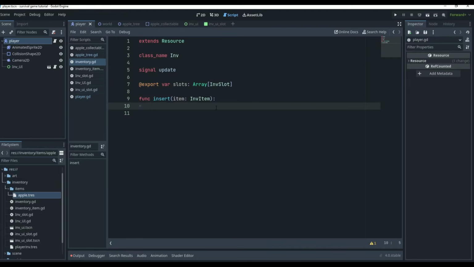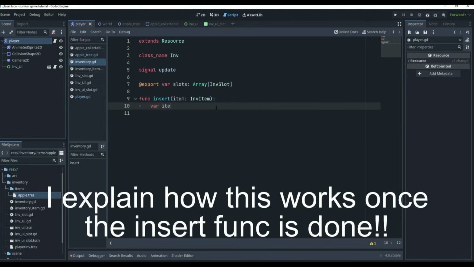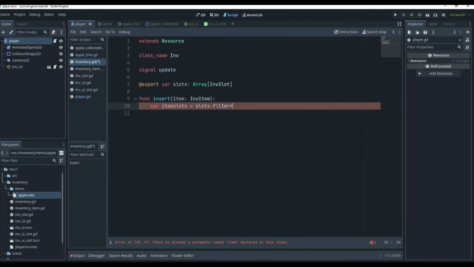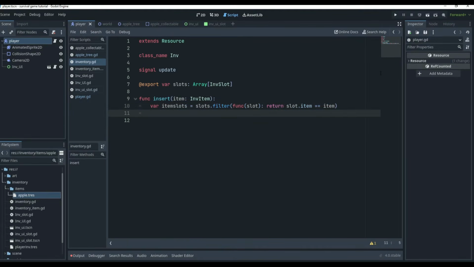So in our insert function, we can say var item, or this is kind of going to be slots, but we have slots up there, so I guess we can say item slots. So var item_slots equals slots.filter, and then we're going to go through and figure out how many slots we have. So func slot, and then we can say return slot.item equals item. I'll explain how this works in just a minute. So then we'll say if item_slots is empty, which means there's nothing in the slot, then I need a colon behind there,